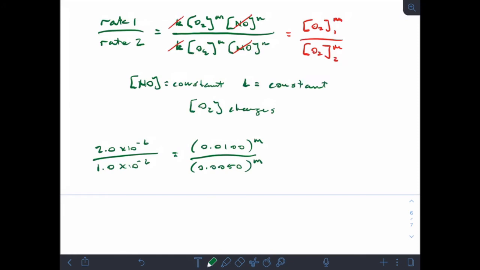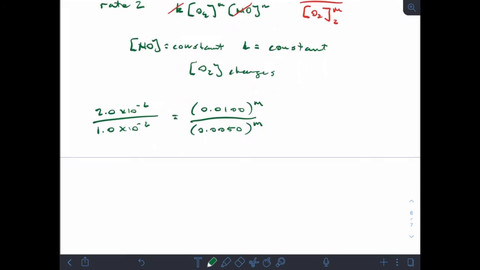Okay, so it really wouldn't matter if I put rate 2 on top, if I put the second trial on top. Mathematically it'll all work out in the end. But as a recommendation, it's best if you put the larger numbers on top because you'll get whole numbers back, or something resembling whole numbers. But if you put the larger number on the bottom, then you have to deal with powers of fractions and things of that nature, which is just a pain in the neck. So as a bit of advice, put the larger numbers on top of your ratio, and it will make your